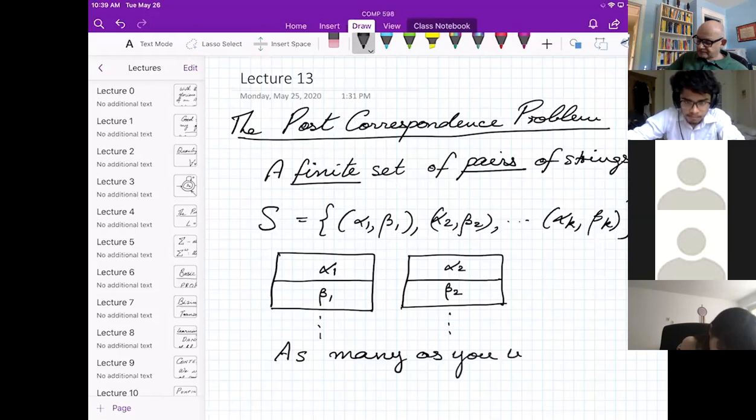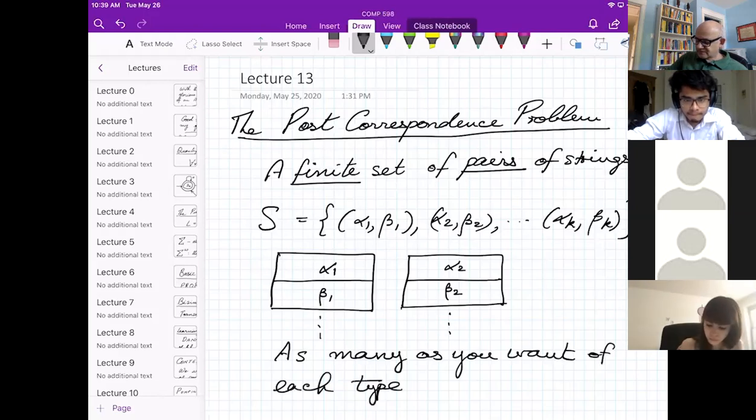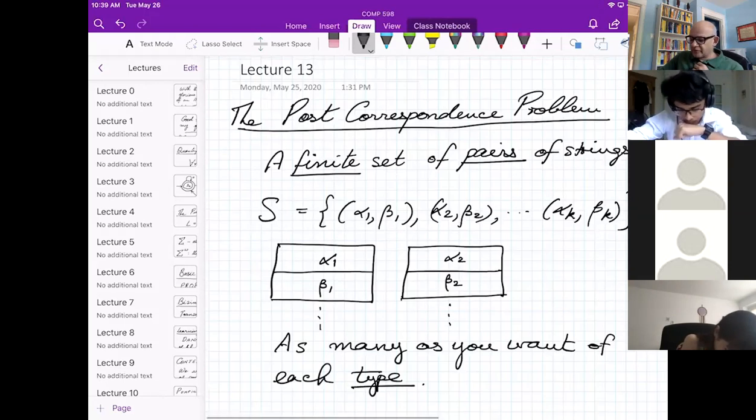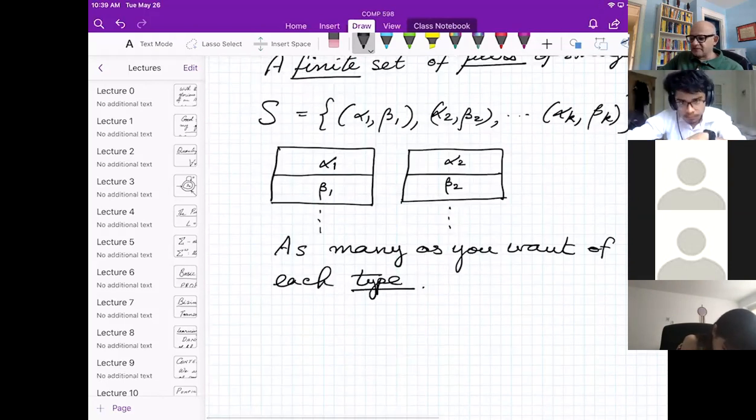So this is not just telling you that I've got k dominoes. It tells you I have k types of dominoes, and for each type I have as many as you want, an arbitrary number if you wish. And what we're going to do now is ask the following question.